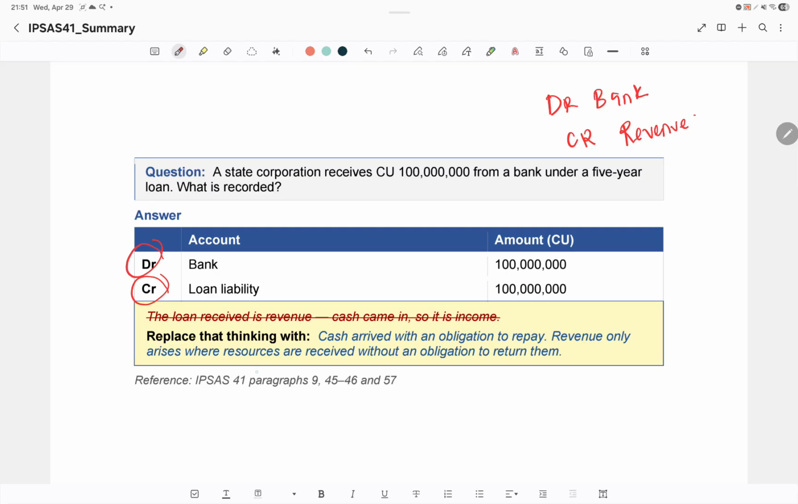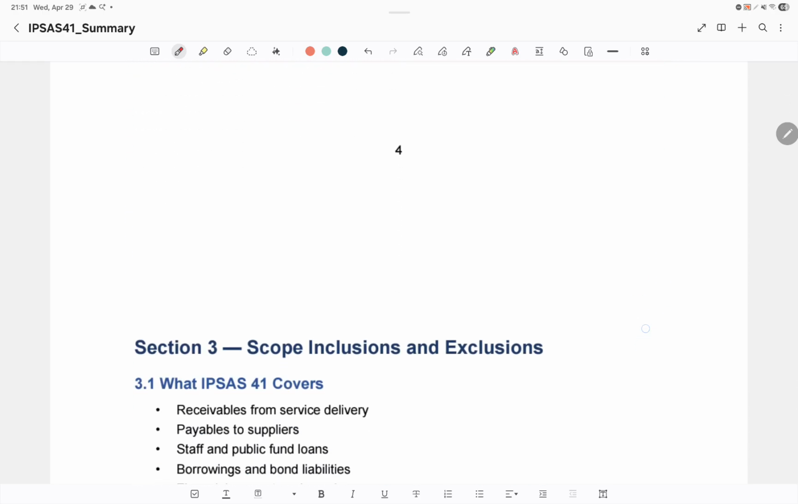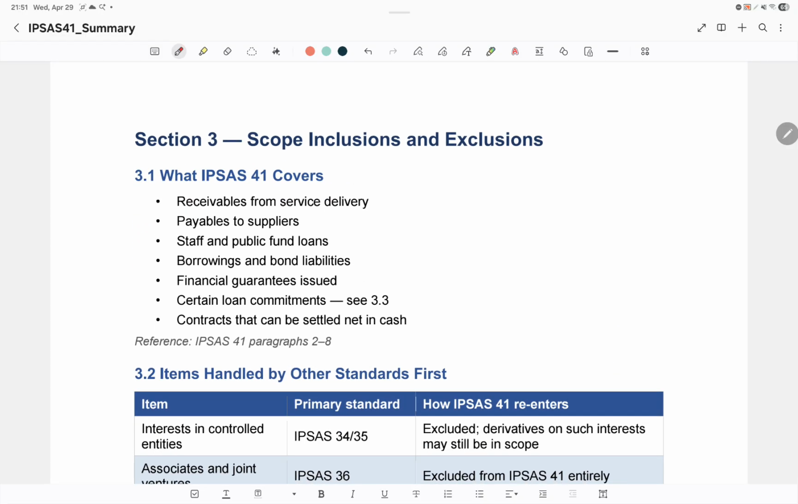Revenue only arises where resources are received without an obligation to return them. So, what is the scope, inclusion and exclusion? These are all what it covers. It covers receivables, payables, staff and public fund loans, borrowings and bond liabilities, and financial guarantees. When you guarantee someone that